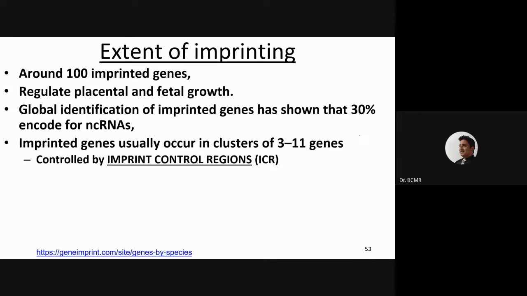So how many genes are actually imprinted? This is old data, maybe 100 imprinted genes. Now I think with more research this has been expanded, and the majority of them are involved in placental and fetal growth, and that is why we have seen that maternal alleles, AG and GG, have differences. In AG, the placenta grows more. In GG, relatively the fetus grows more, and the placenta is poor. Out of all those genes, approximately 30% are non-coding RNAs. These non-coding RNAs have several regulatory functions,